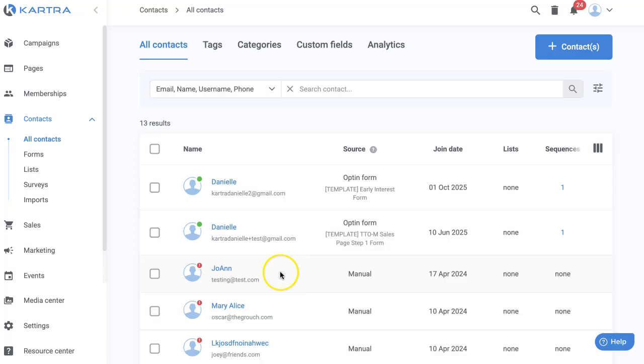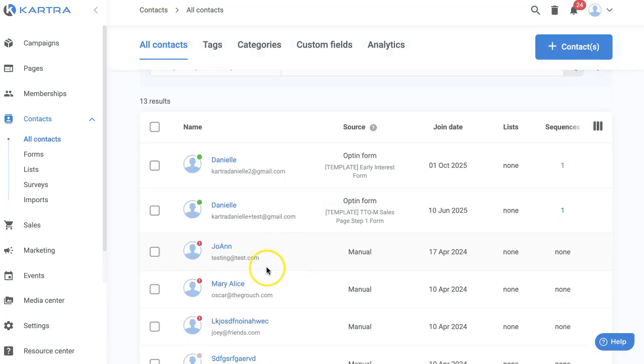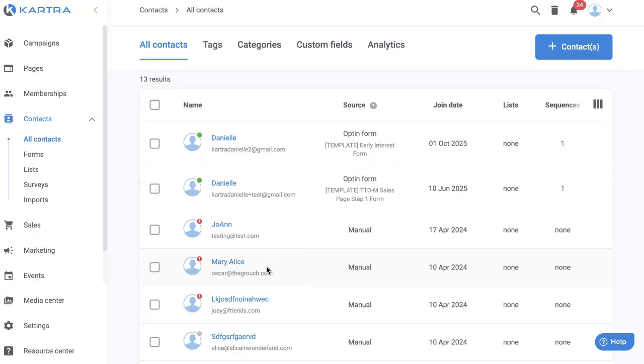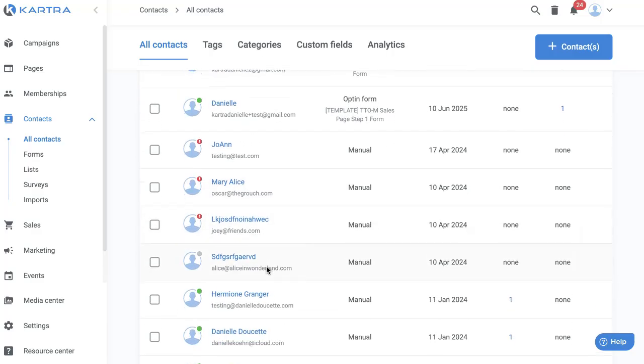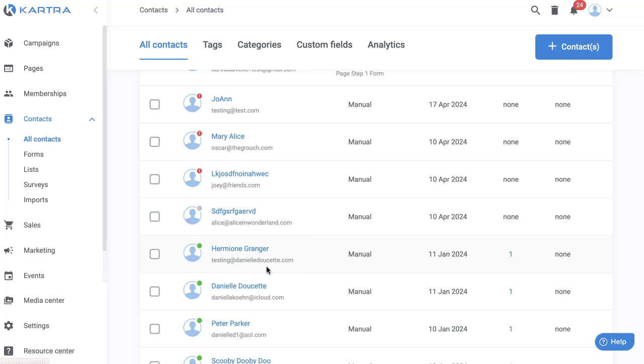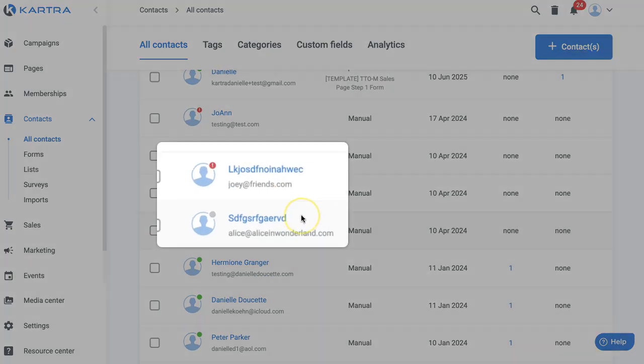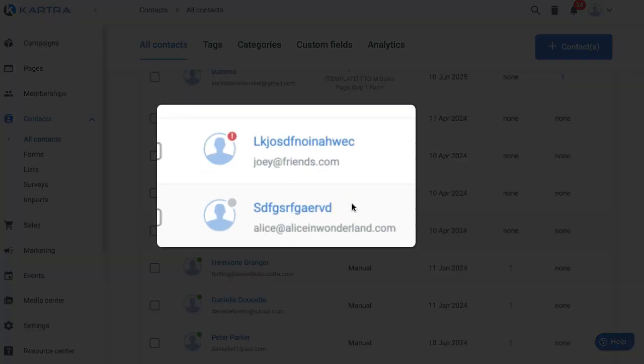And if it's not, like Joanne here, then I would submit that email address to Kartra support to try and get that contact unblocked. Now, another thing that you want to keep an eye on with your contacts is you can see here that it looks as though with these two contacts here that I have been hit by a